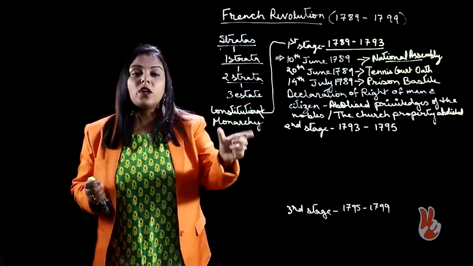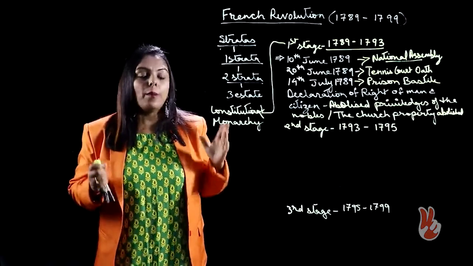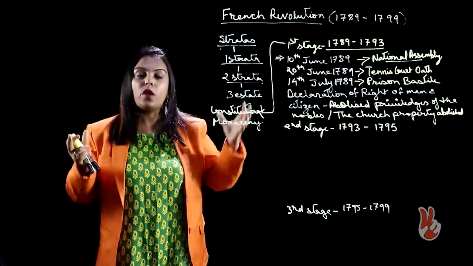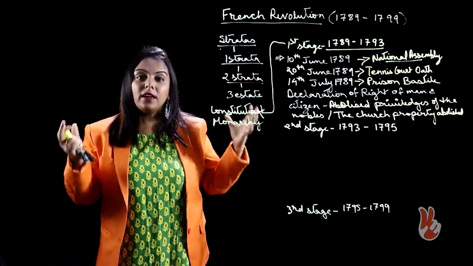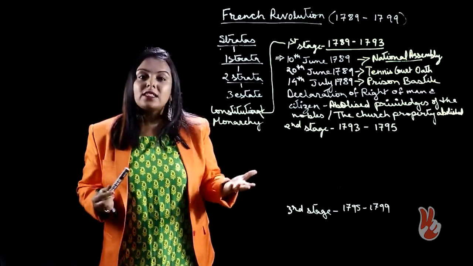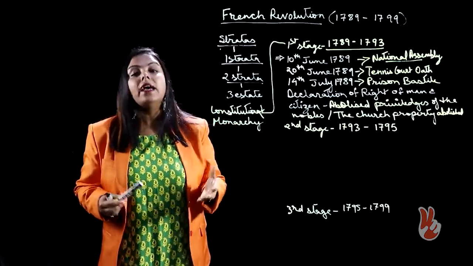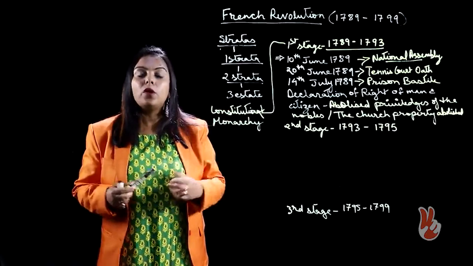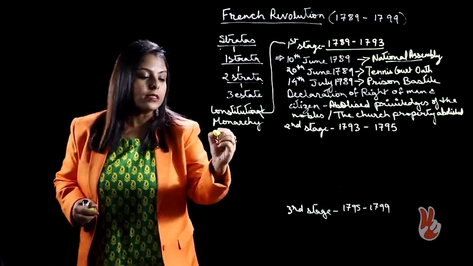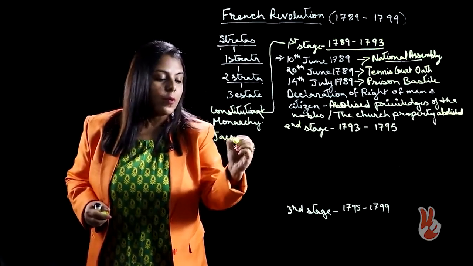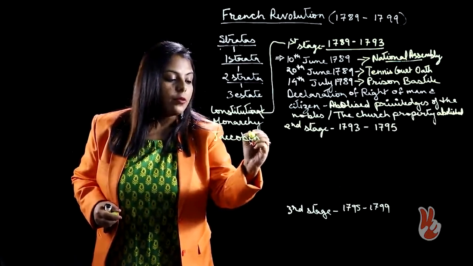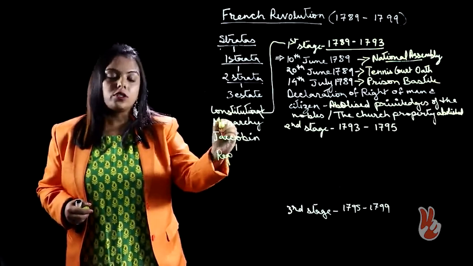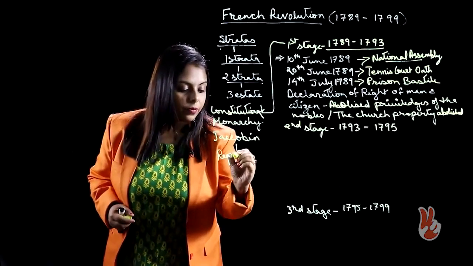Similarly, constitutional monarchy is the form of government that today you see in Britain, where the monarchy is just a titular head. So, this is what the National Assembly wanted to do, but then the National Assembly created the Legislative Assembly. What is the Legislative Assembly? The parliament, right? In that parliament, the domination of power was in the hands of the Jacobins. Now, these Jacobins were more radical. They wanted proper republicanism. They did not want the constitutional monarchy.